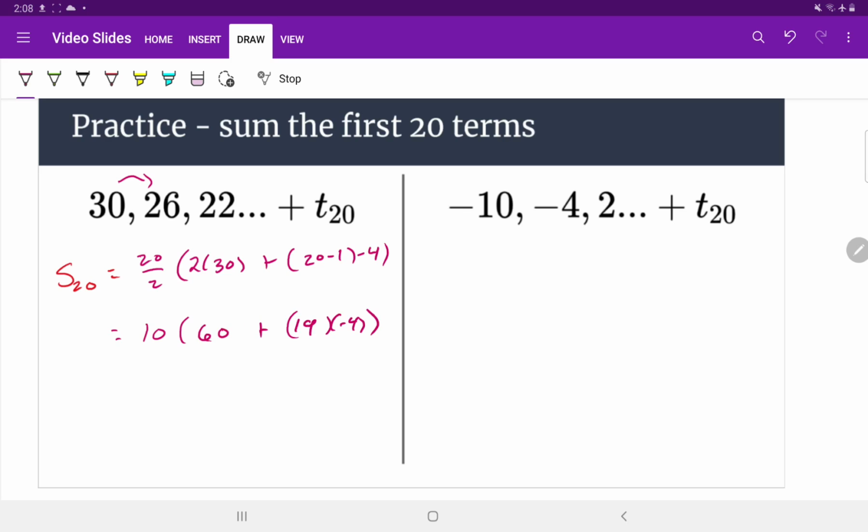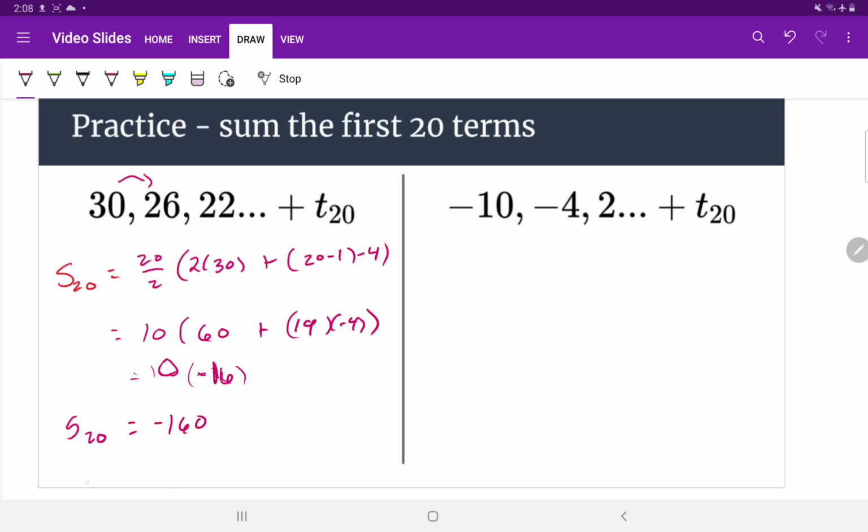And let's see if I can't do that. So 19 times -4 plus 60 gives me -16, times 10, and then it's not done. That's what happens when you write with one hand. And so that'll give me -160 is the sum of the first 20 terms,